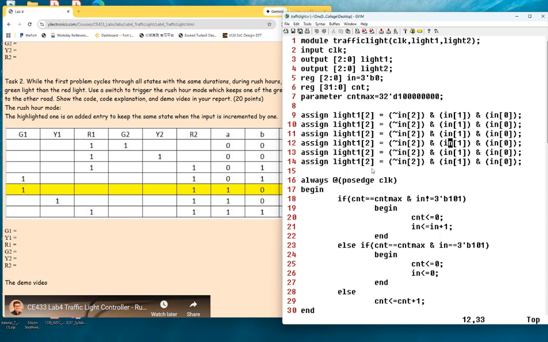So let's assume that the logic has been changed already. Okay? The logic has been changed already. And we are adding a rush hour mode. And the rush hour mode, which makes sense to have someone to turn on the switch, to turn on the rush hour mode, right? So how do we do that? Add a rush hour mode. It's a switch, right? It's a switch. And it could be